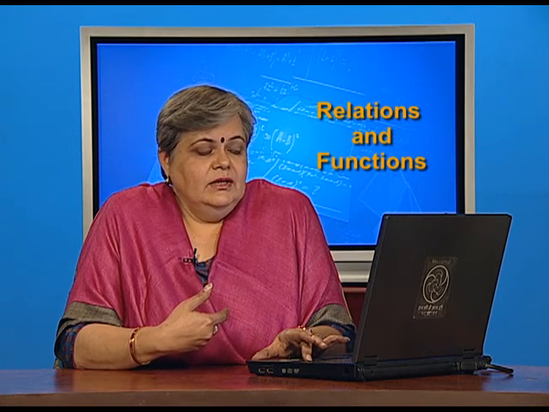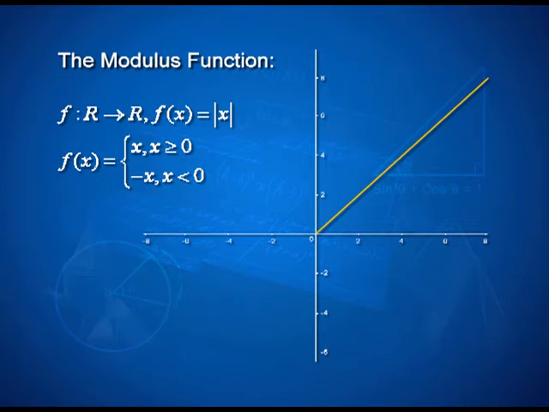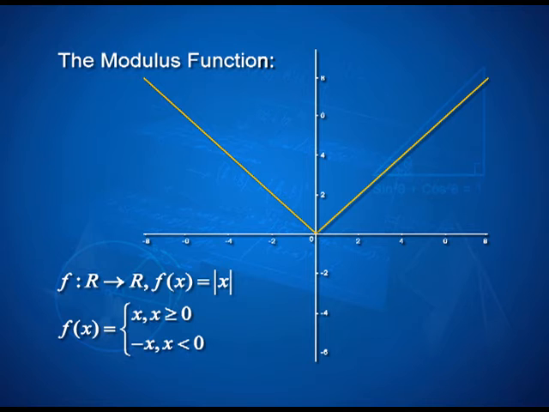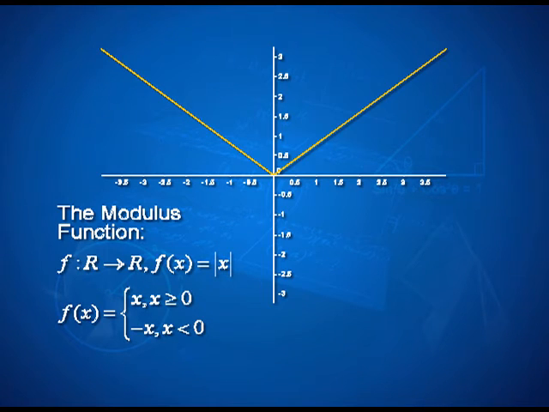So, it is negative of negative 7, right. With that in mind, if I plot the first part of this function, that is when x is greater than or equal to 0, I get a line again diagonally inclined at 45-degree angle with the x axis. Negative x will be the line in the second quadrant. Put together, the two constitute the graph of f x is equal to modulus x.